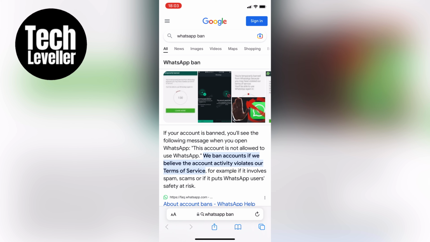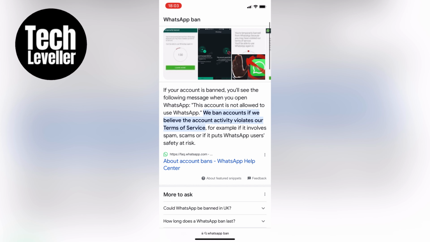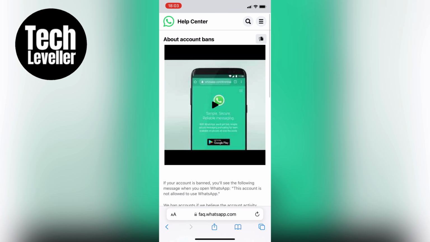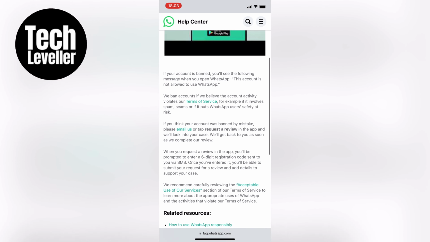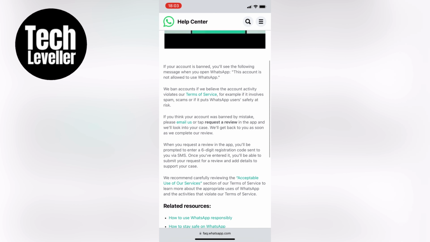One thing you can do is go to the web browser and search for WhatsApp ban. Click on the first link about account bans and scroll down. You should see an option to request a review of your account ban. Click on that and you'll be taken to a page where you can enter your phone number, email address and